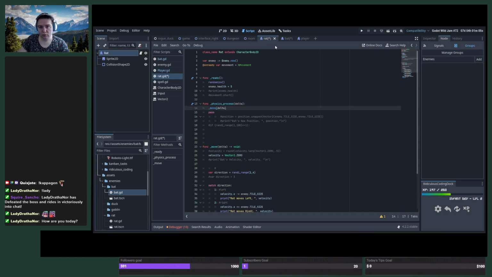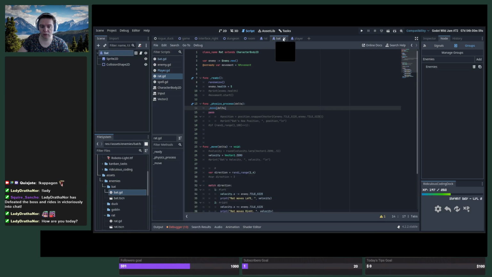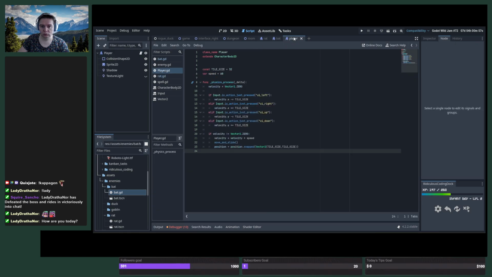Enemies. Room. We got some bats and stuff. So then after this,